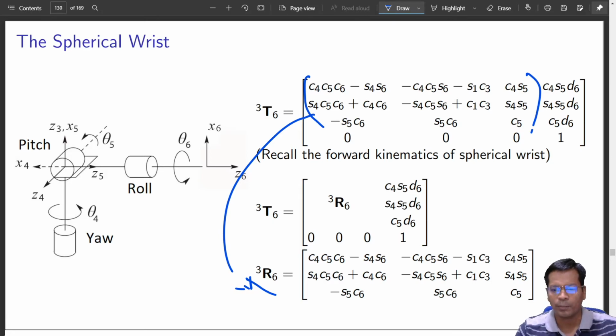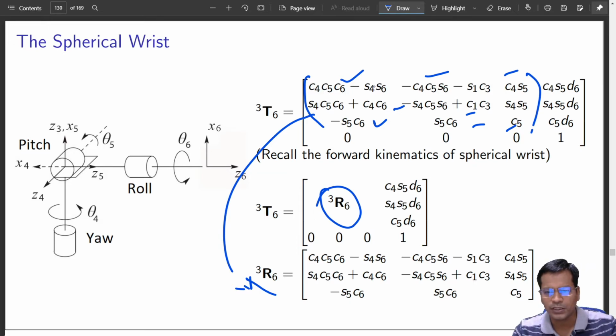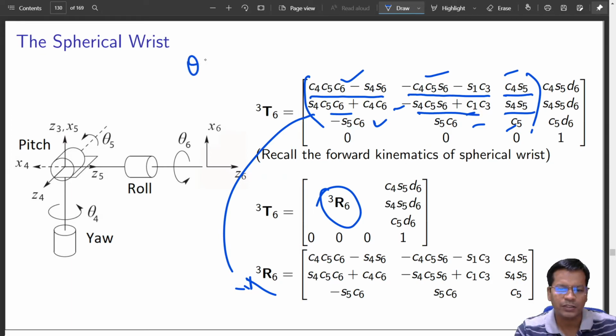Now I am going to apply what we have obtained just now. This one we have obtained, so all these values are known. I'll put them here and we'll see if we can find out. So we can form so many equations. If this value is known, this is one equation. If this value is known, this is one equation. This is one equation. So all these values are known, so many equations are formed. Only three variables are to be found out.